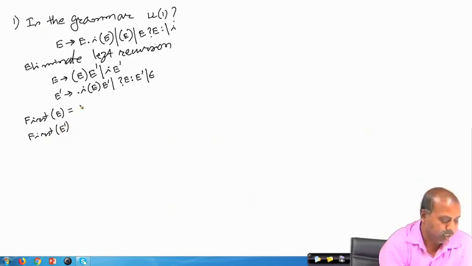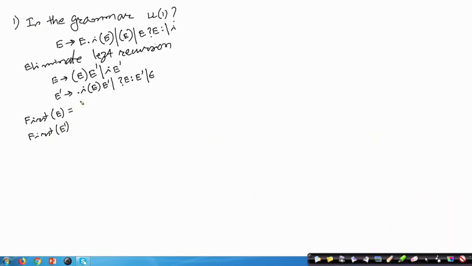First of E, starting with E, you can understand that it will have the symbols open parenthesis and I. This is the first set. Similarly, first of E dash has dot and question mark.